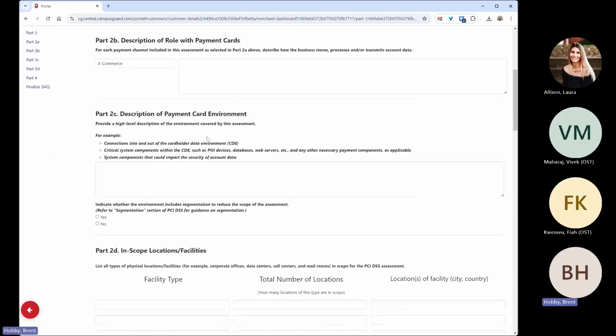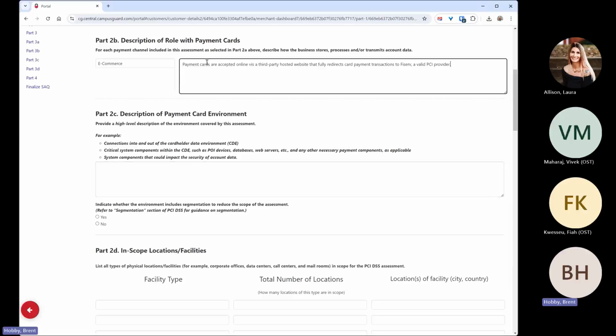In part 2B, we're looking for a description of why we take credit cards. In other words, what are we taking credit cards for? What are we selling? For those of you doing things like selling for fees, for registration, for payments of things, we can say, and I know we've got two different processors going on here. So one option would be,